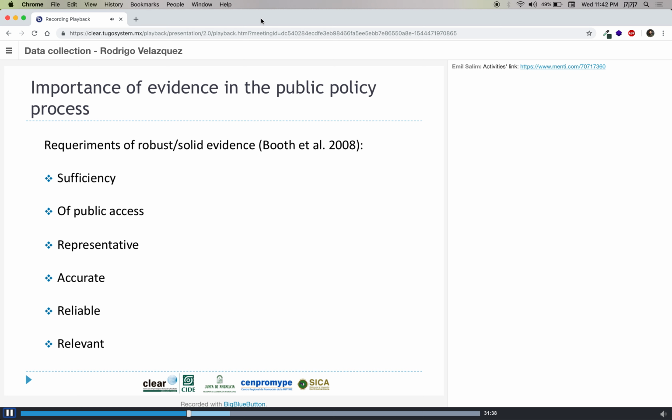So in a general way, we have to take into account and we have to analyze these requirements, because the evidence that we process and analyze has to include these requirements. If we do this in this way, it is going to be more likely that we achieve our objectives. Of course, this is not the only thing. It doesn't only depend on the requirements, but this is going to help us.